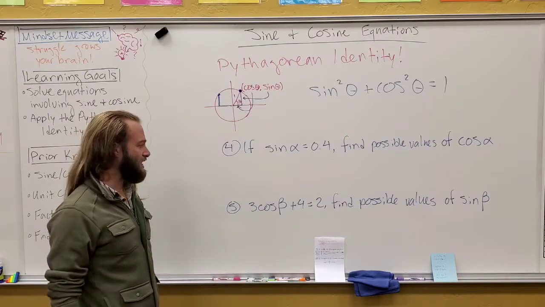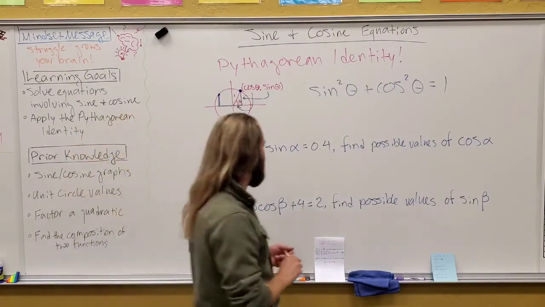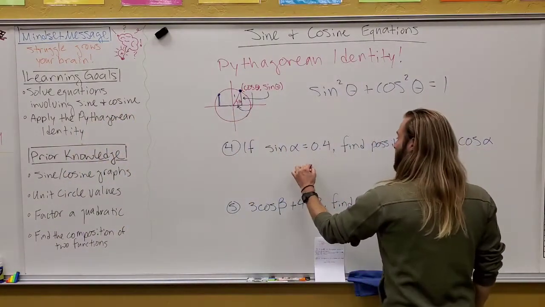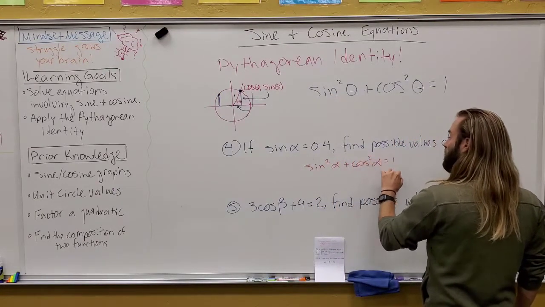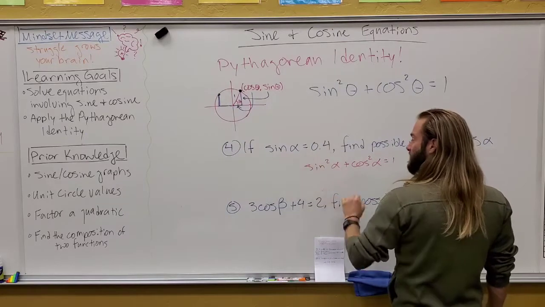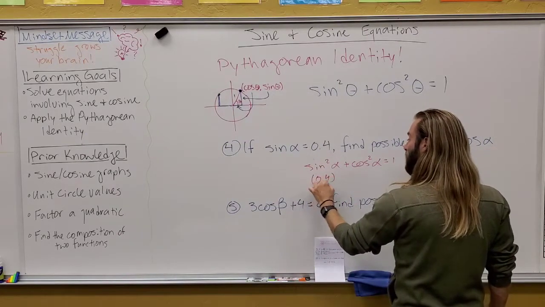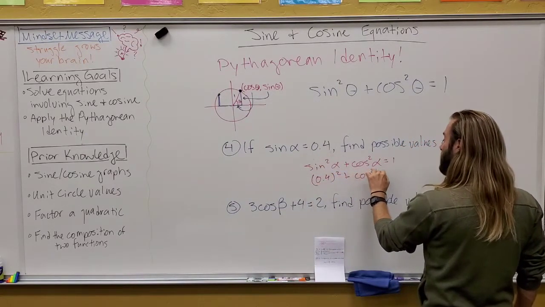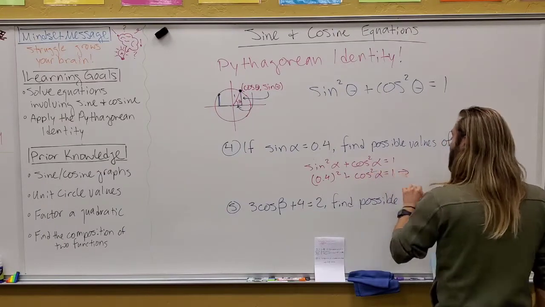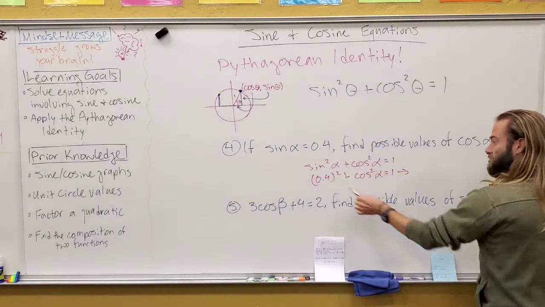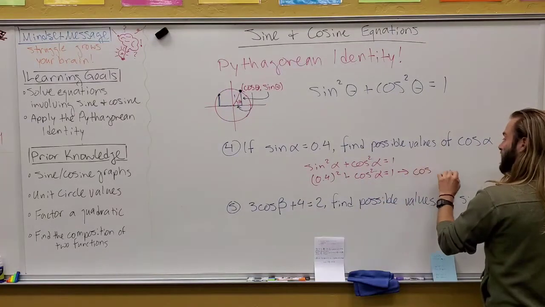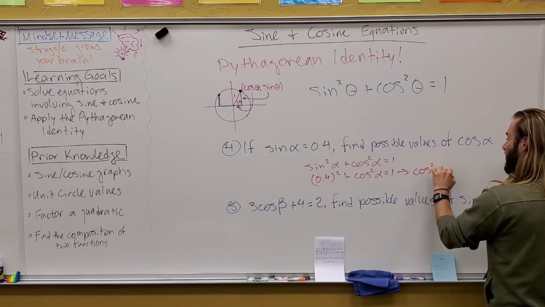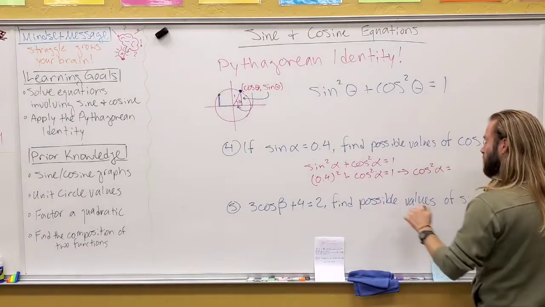It's just a simple application of our Pythagorean identity, actually, because we know that sine squared alpha plus cosine squared alpha equals 1, and we know that sine alpha is 0.4, then we know 0.4 squared plus cosine squared alpha equals 1. And if I deal with this, 0.4 squared is 0.16, and so cosine squared alpha is 1 minus 0.16, which is 0.84,